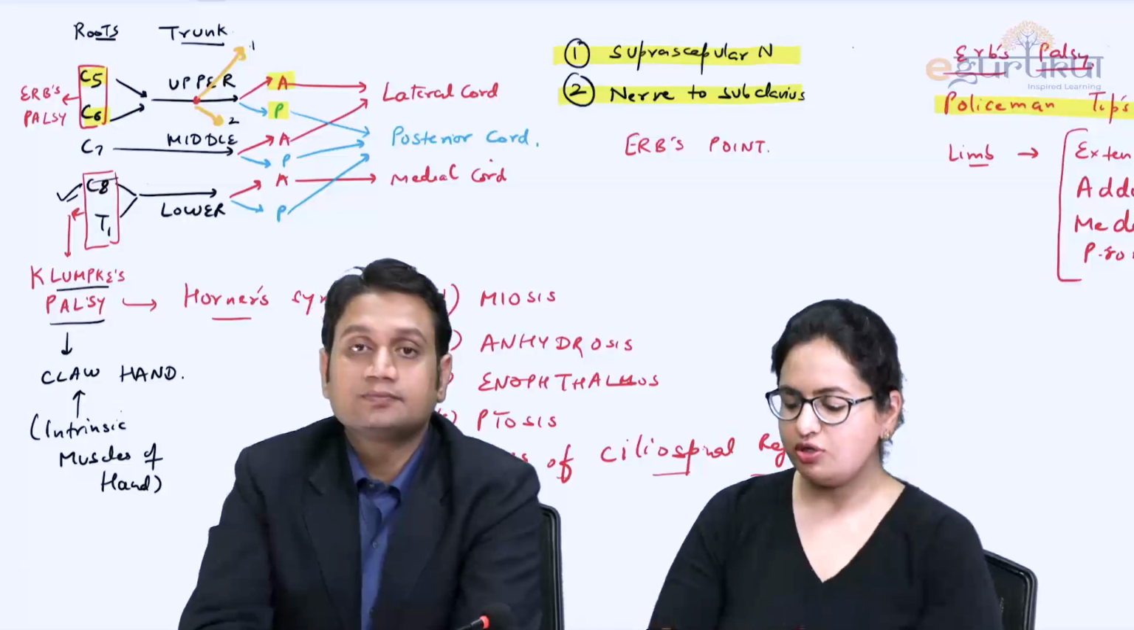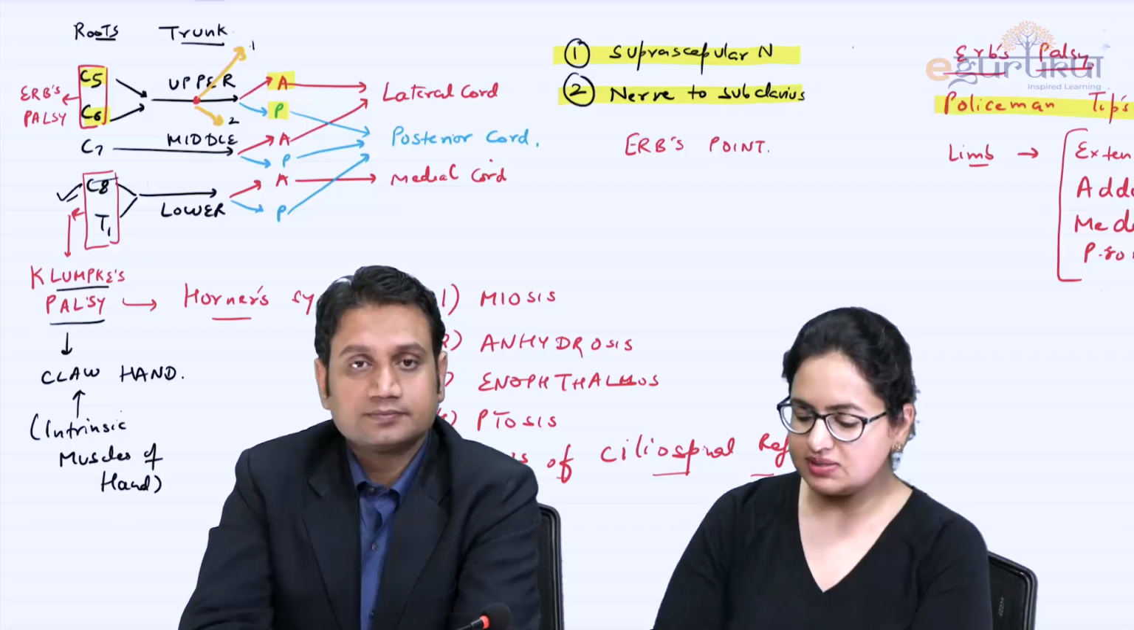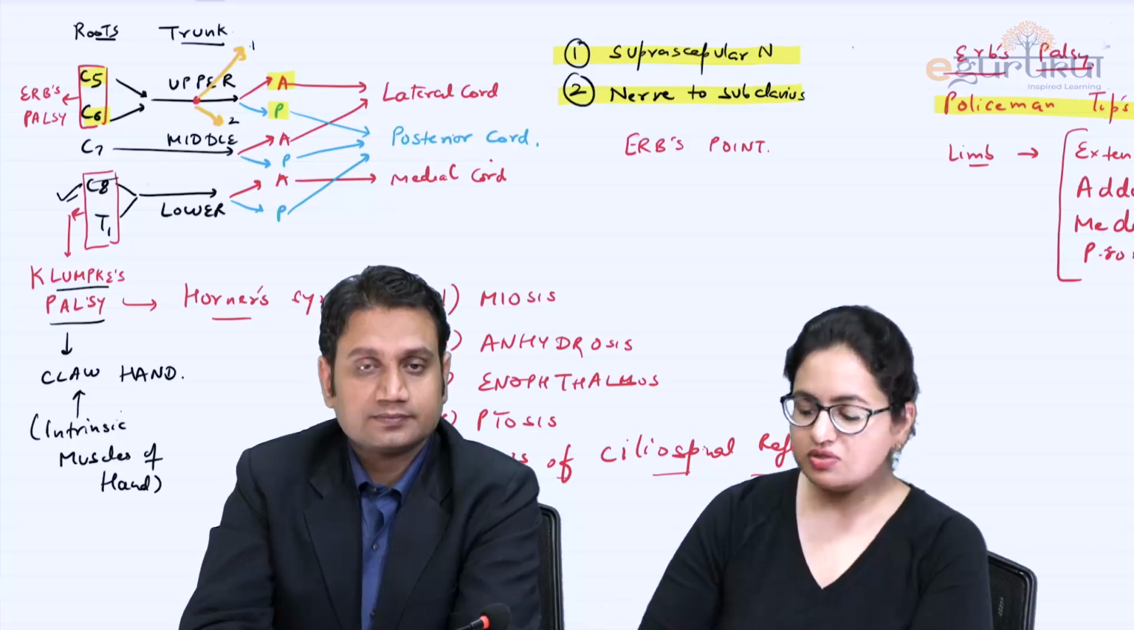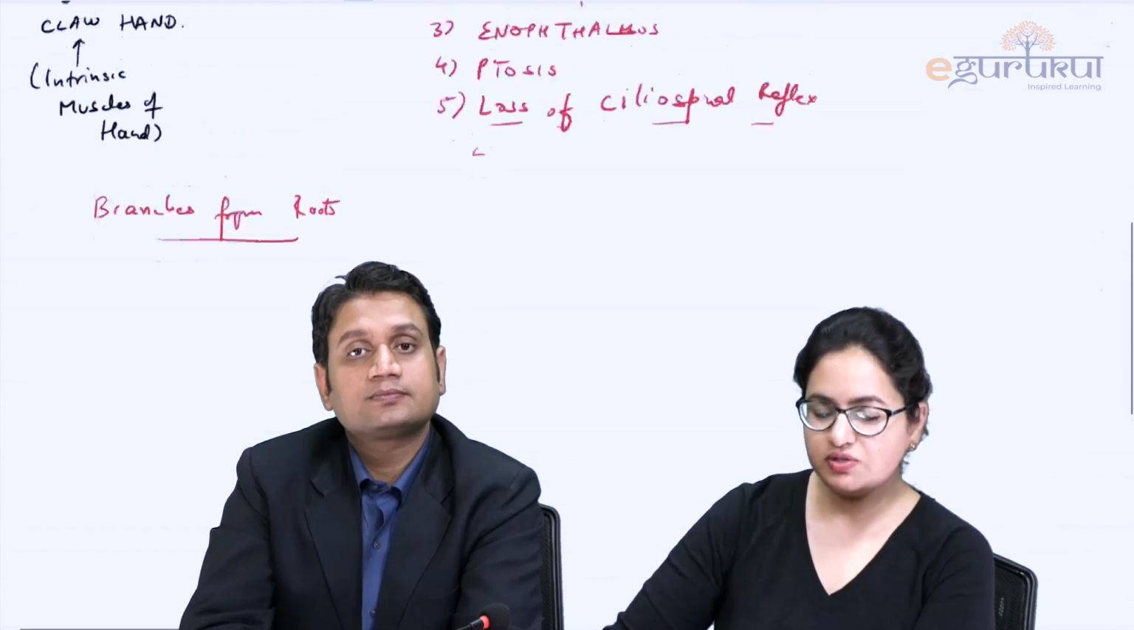Now over here we have just talked about the formation of the brachial plexus and the lesions in the Klumpke's palsy. Now the branches of the brachial plexus: apart from the branches given off by the cords, we have a few branches which directly arise from the roots or directly from the trunk. When we talk about the branches from the roots, there are two branches which arise from the roots, and if we go back to this picture over here,